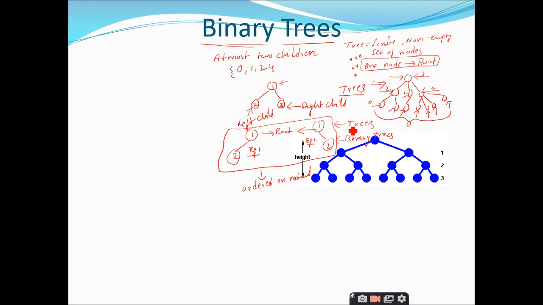So we have seen one of the differences between trees and binary trees: trees are unordered in nature, but binary trees are ordered in nature. Ordered means we make a clear distinction between the left child and the right child. So in example 1 and example 2, when we treat these as trees, there is no difference. Example 1 is equivalent to example 2, but when we consider these two examples under the category of binary trees, they are different. This is the difference between trees and binary trees. Is it clear up to this point?